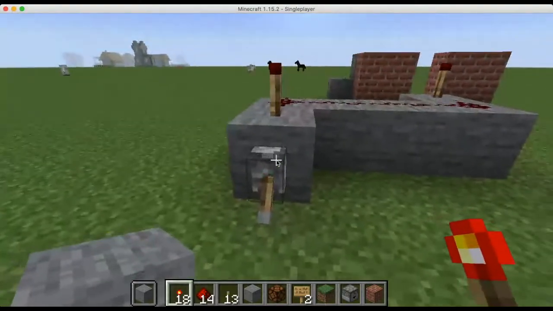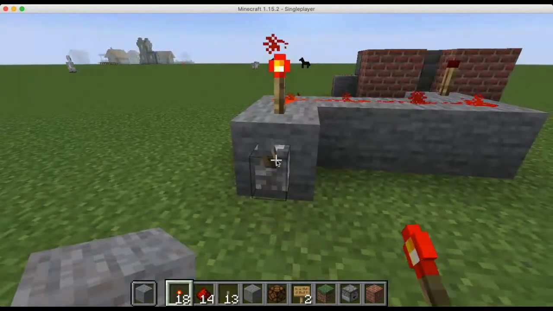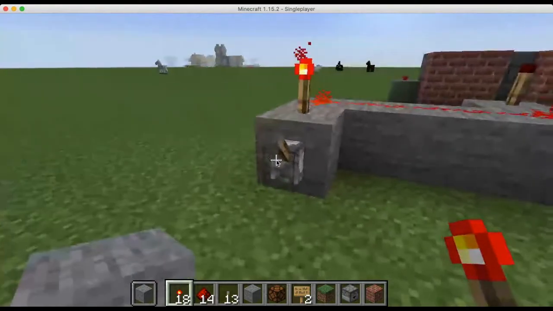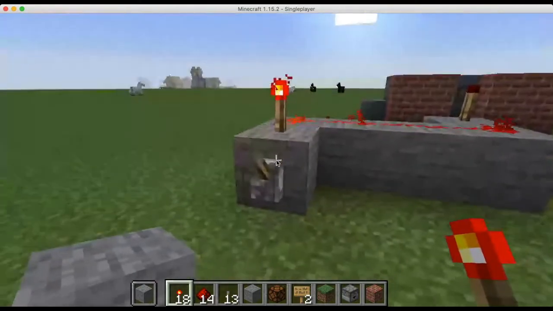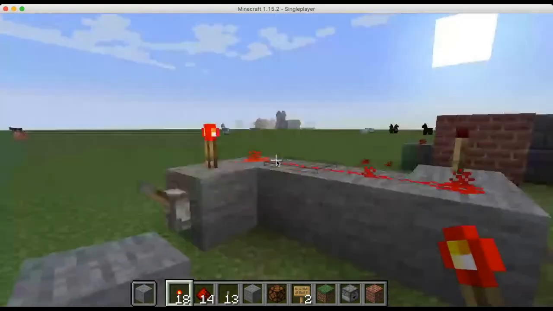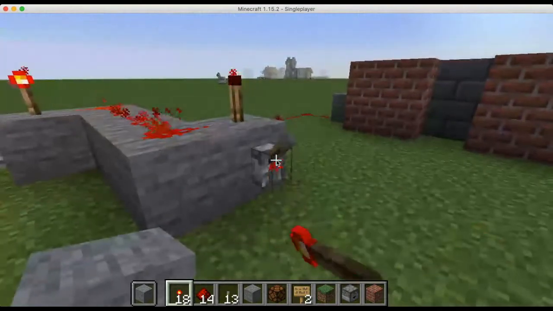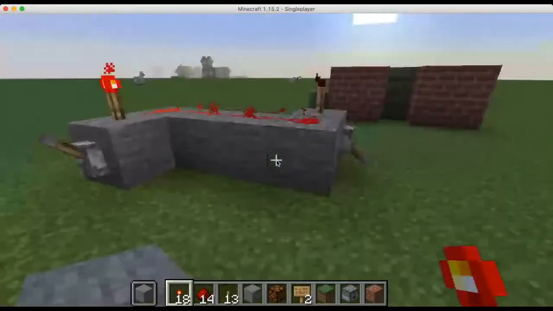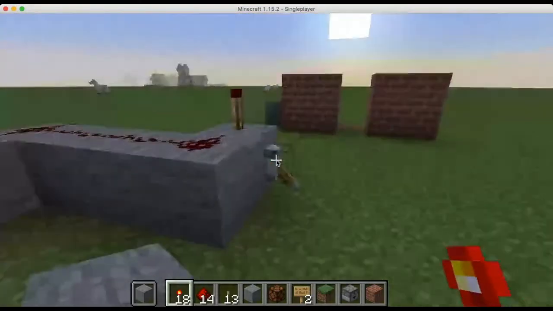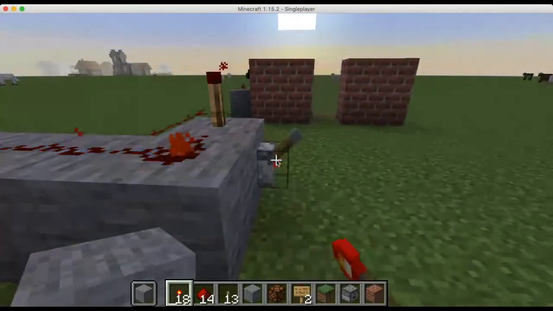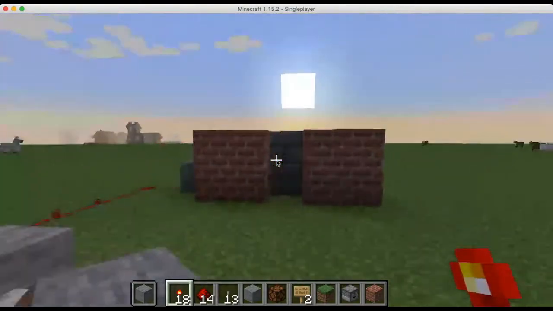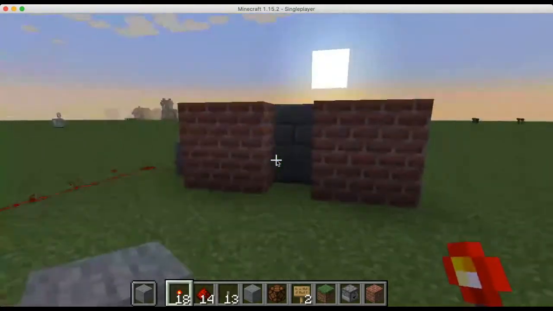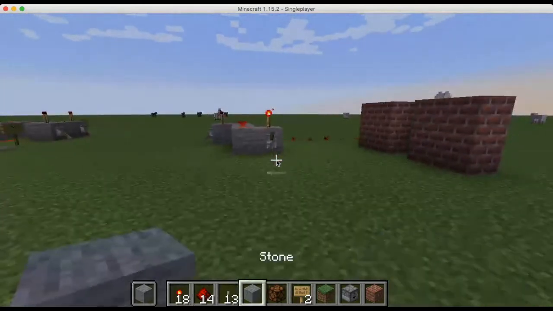Over here, we have what I call a security switch. When this security switch is on, this button won't work. It's a security door. Both switches need to be on for the door to work. So that's a practical example of an AND gate. The other example